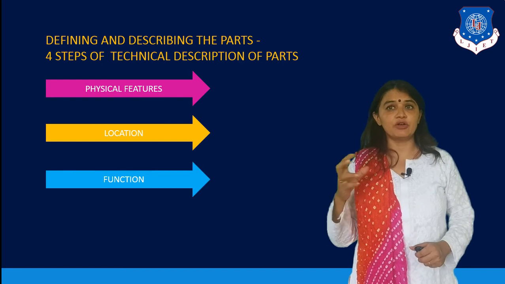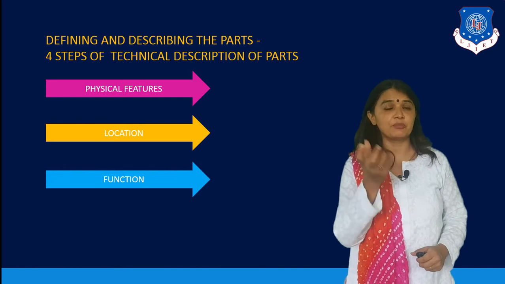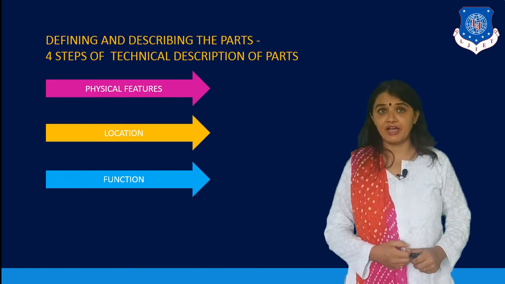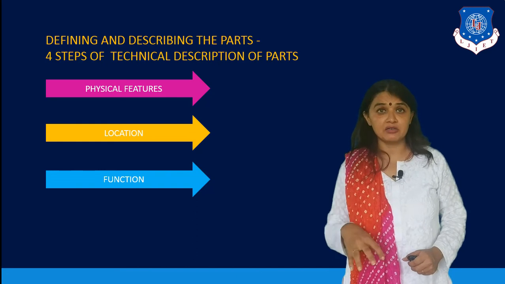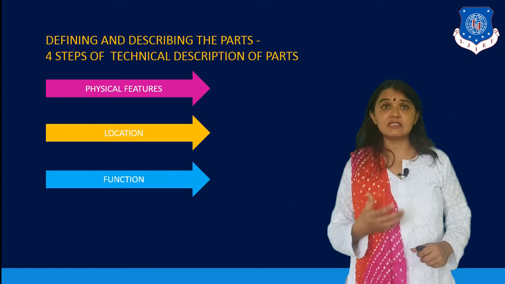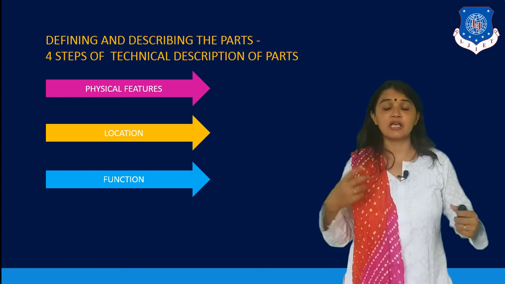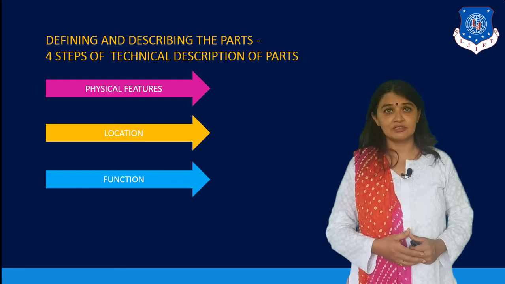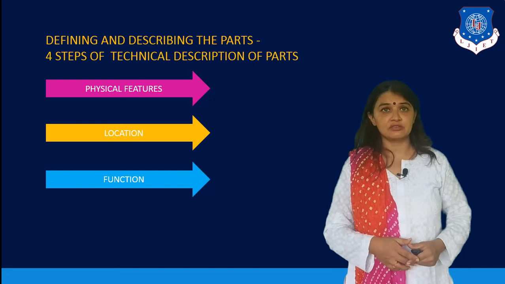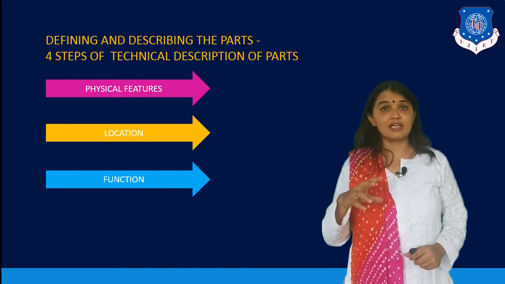So when you have already told about a particular part, that is you have defined the part, that this particular part is like this. For example, in case of fan, firstly we defined the fan, but now we are talking about different parts. So when we define the blades, what do we say? Blades of a fan are long metallic wings which are attached on the side of the circular part of the fan, or the middle or the center of the fan, which goes in different direction, and the blades help in circulating the air. So we are giving the location.